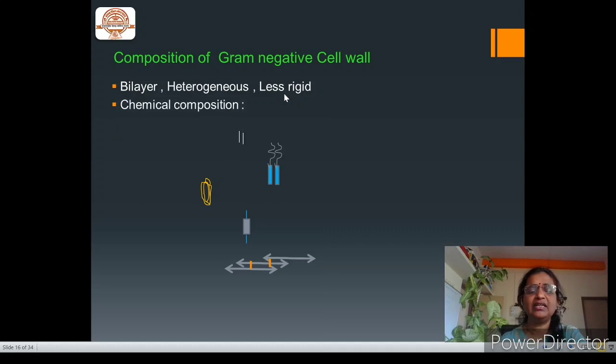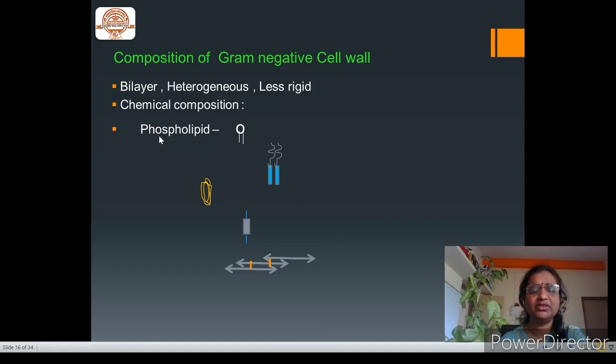Now which are these chemical components of the gram negative cell wall? First is the phospholipid. Phospholipid consists of a head and tail structure. The head is made up of phosphate, the tails are made up of lipid, and that's what is called phospholipid. This phospholipid structure is a derivative of glycerol, and the first two carbon atoms of the glycerol are linked to long fatty acid chains to form the two tails, and the third carbon atom of the glycerol carries a phosphate, and to that phosphate there is a functional group R, and that forms the head.